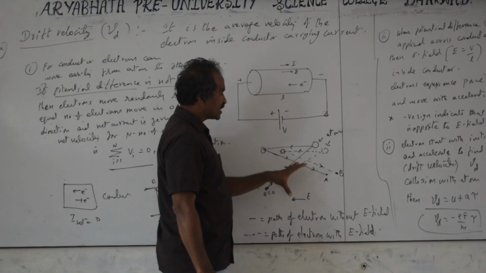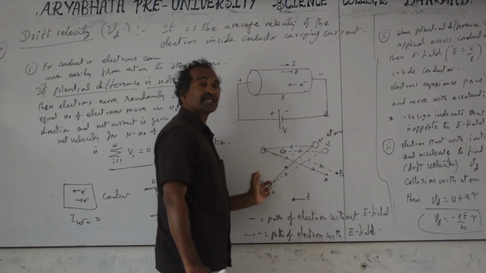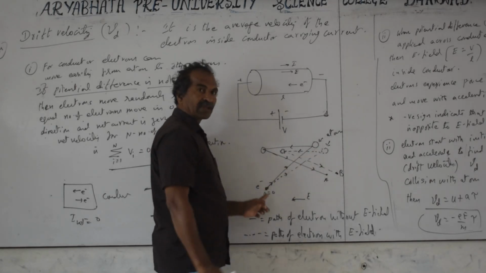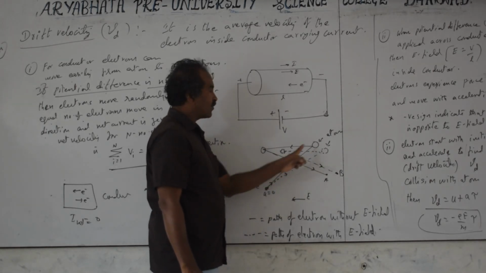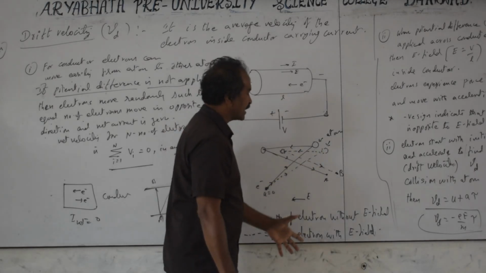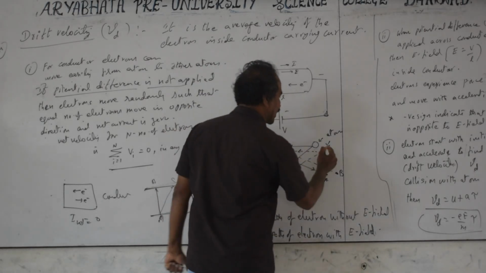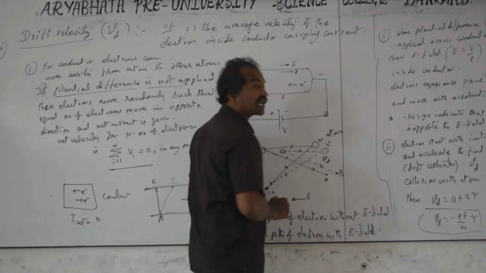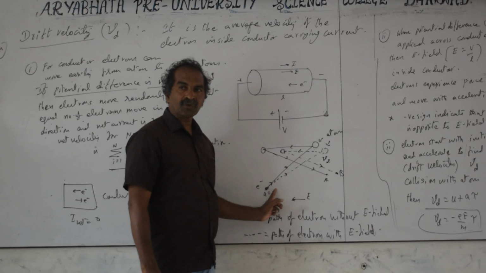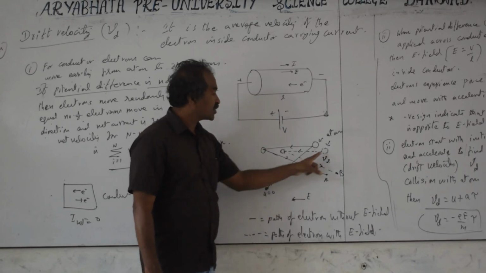And the overall resultant velocity that we are considering is called the drift velocity. But we calculate only for one collision part, starting from u equal to 0 and colliding with this atom, practically after applying the electric field. Then the velocity just before hitting, we call that velocity the drift velocity. v equal to u plus a t, the equation you know. The t is the time interval between two successive collisions.